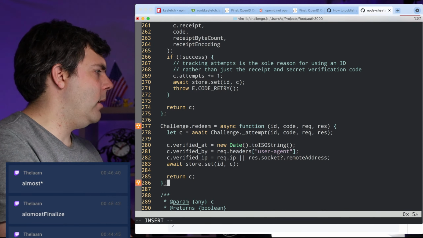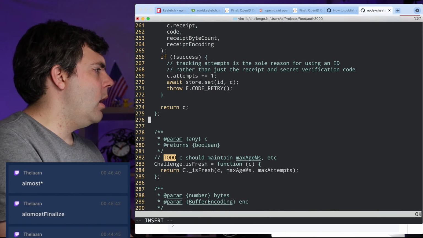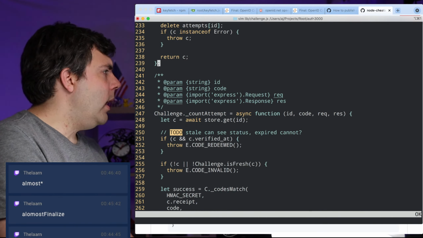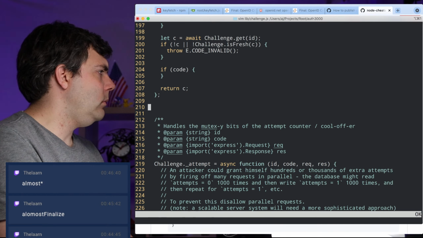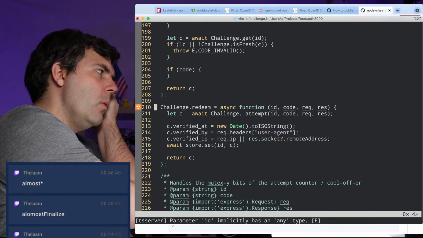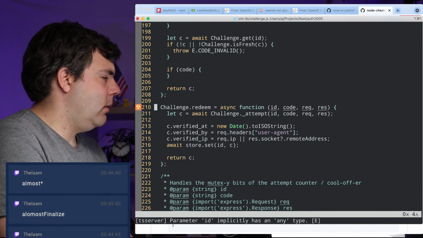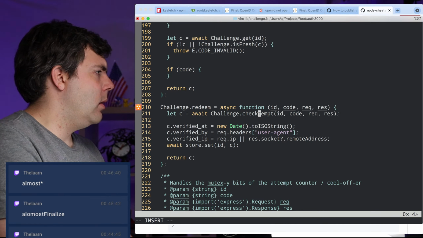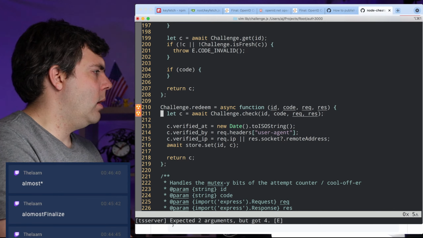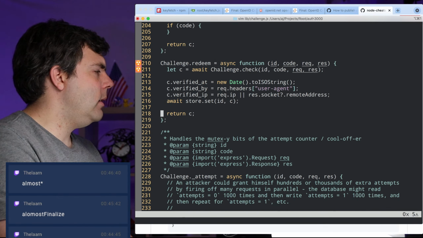All right, this is better. Okay, so now I have a way to check that the function is correct without redeeming it. So it counts against it.